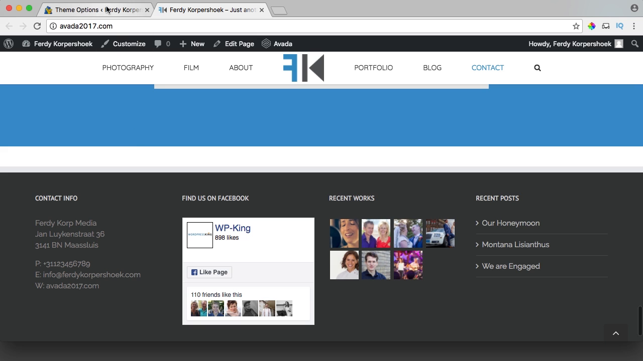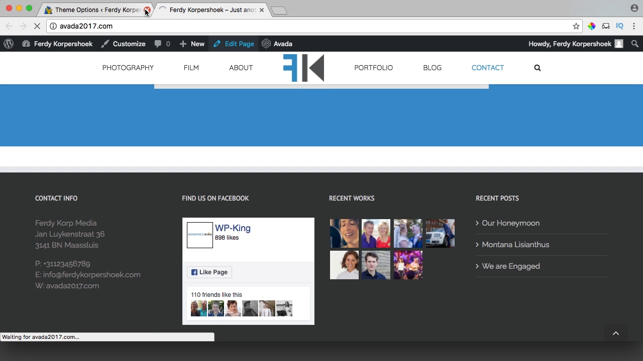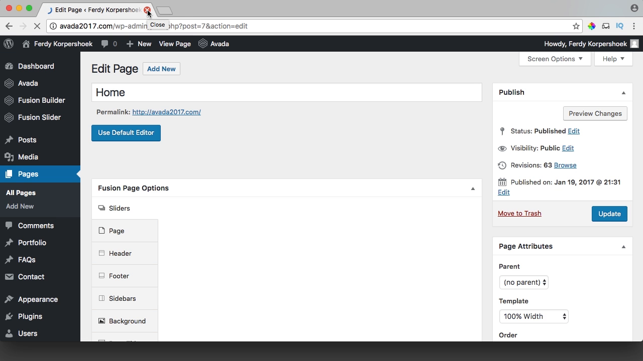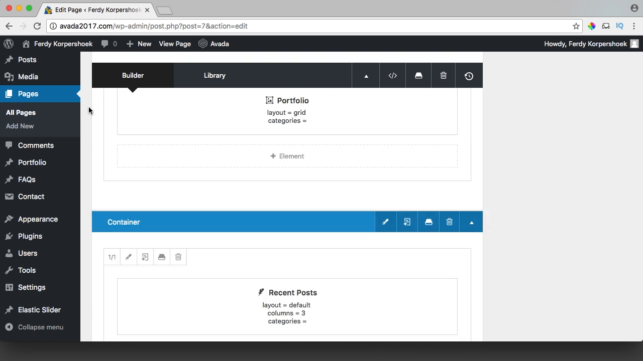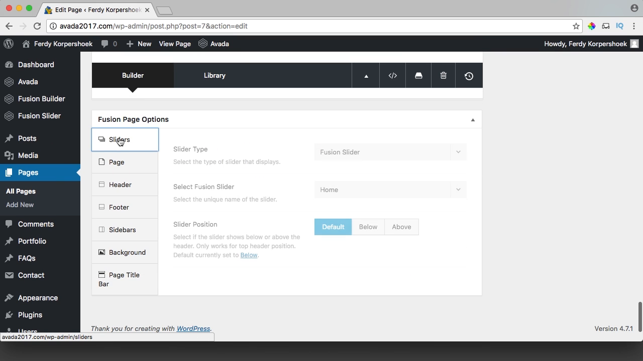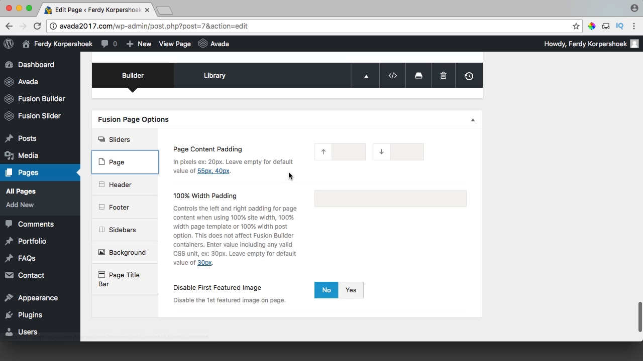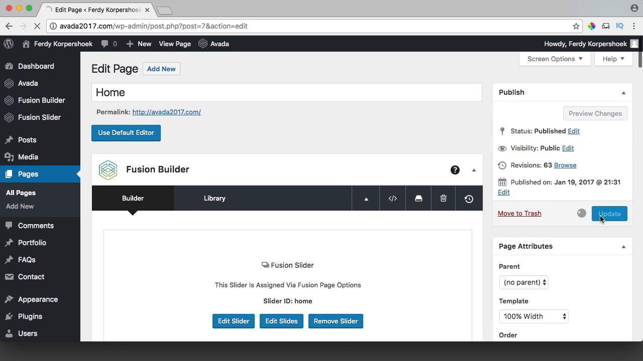And one more thing, I want to change this here. I don't like it. I don't know what it is. So let me see if I can fix that. I'll scroll down all the way and go to sliders or to the page. And the content padding down is 0 pixels. Let me see what will happen then. Update, view the page,